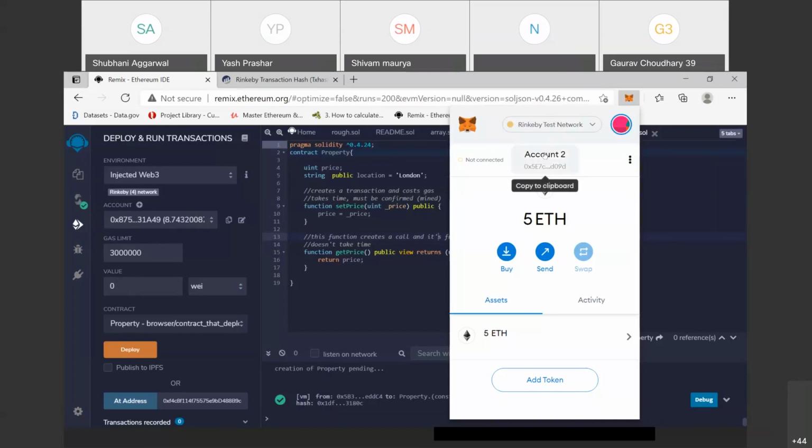Account one is one account and account two is another account. Like account one is an SB account, account two is an ICICI bank account. So we can transfer from the SB account to the ICICI account. Okay, here there is no need of coding because it is inbuilt coding. If you want to connect it with a blockchain, then you want to write some smart contracts, depending on what you want to build, what you want to transact in your blockchain network. So that is where we need smart contracts.